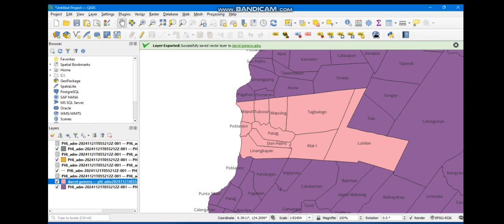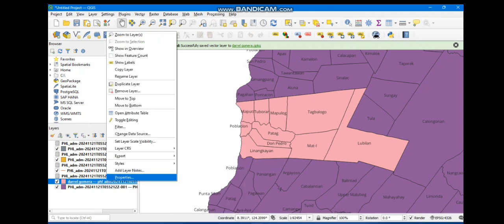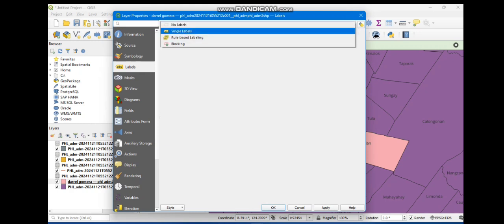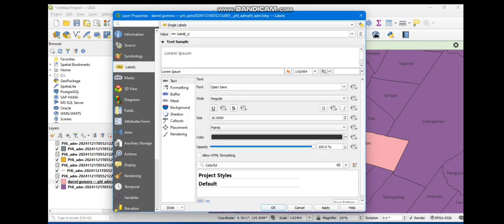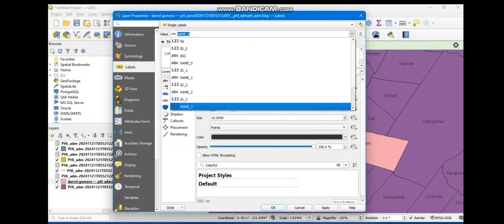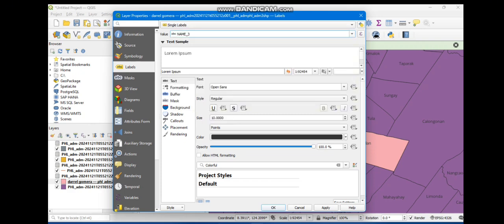So as you can see now, right click the Daryl Gumera file and click properties, and go to single labels, and then select the ABC name 3, and then click apply.